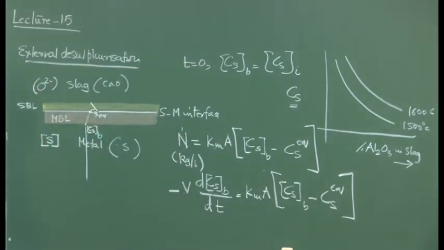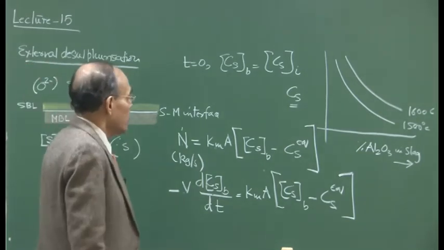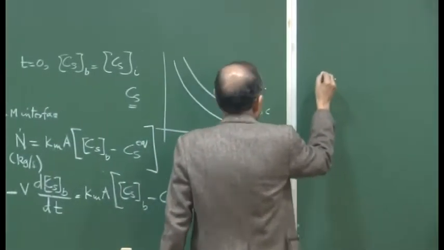The bulk concentration is changing as a function of time as more and more sulfur is going from the bottom melt phase, and if we do this, then we have the final rate equation, and it tells us that